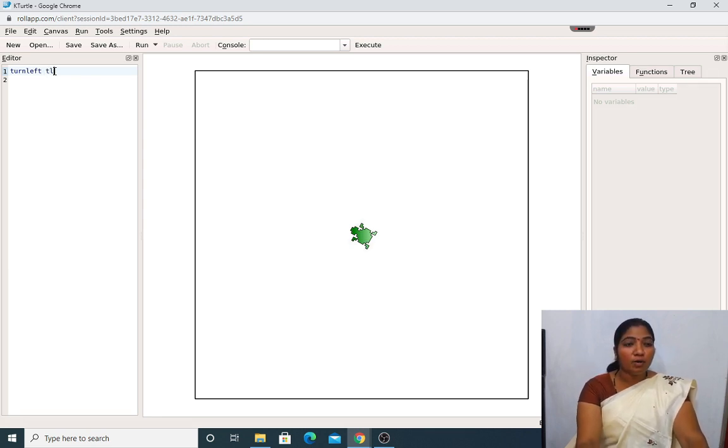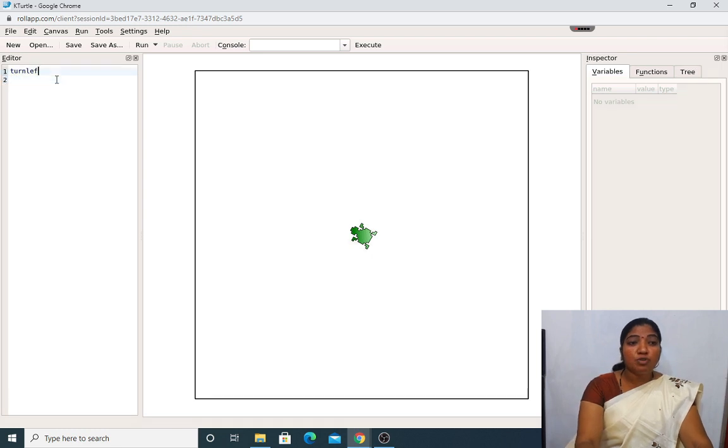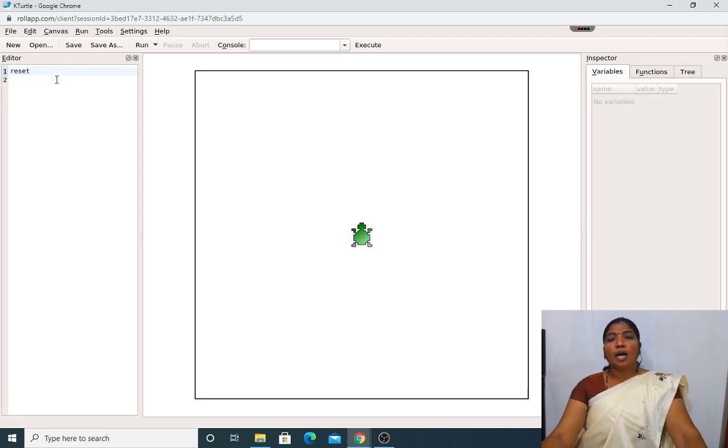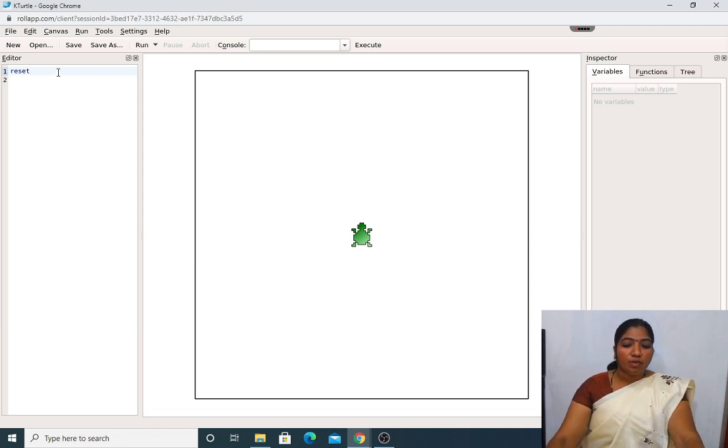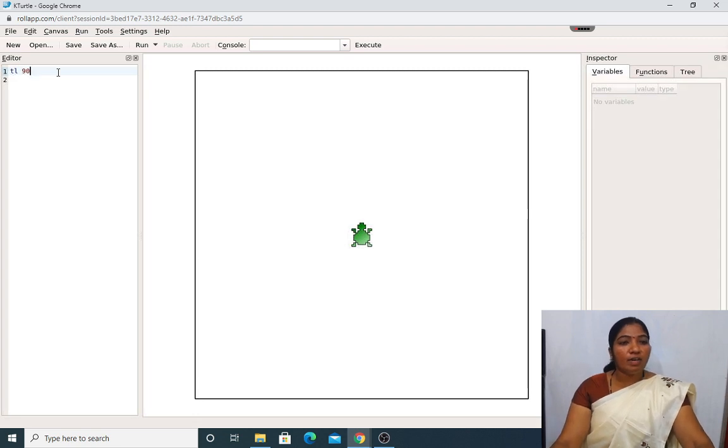Here you can make use of TL as a shortcut key. Before using this, we have to reset the turtle. What happens by reset? It will come back to its original position. Again, TL 90. Here, again I will run it.